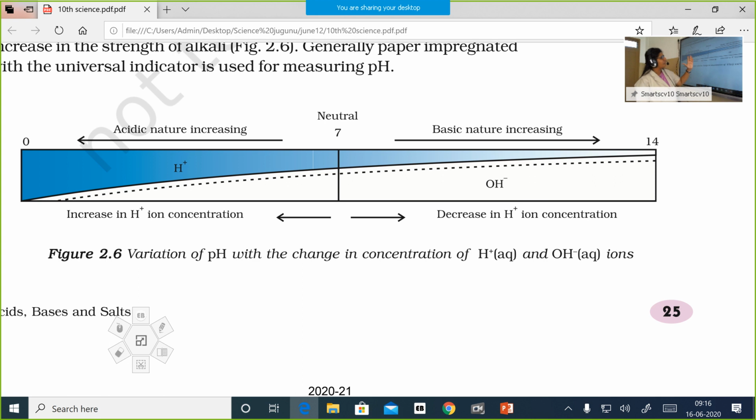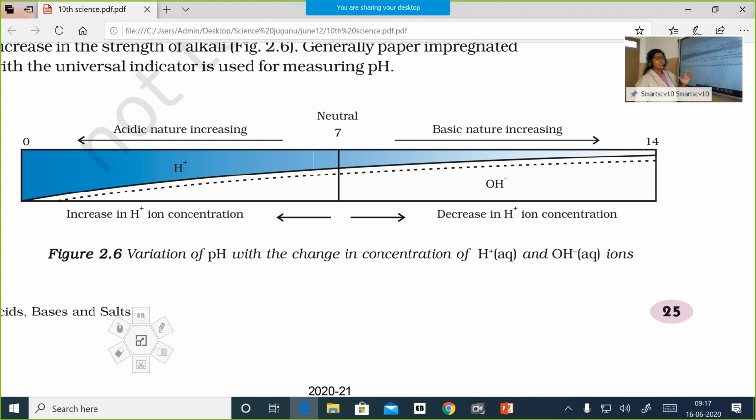Now moving to the right hand side, from the middle portion till the right hand end is the area where we indicate the bases. So bases have pH values above 7 up to 14. Look at the extreme right end of this table. The solution which has a pH value of 14 is the strongest base. Why? Because it has more OH minus ions compared to the rest of the bases with pH value above 7. For example, with pH values 8, 9, 10, 11, 12, 13 and 14, the strongest base is definitely the base with pH value 14. Why? In the diagram it's very clear, that's the base with the greatest number of OH minus ions compared to other bases.